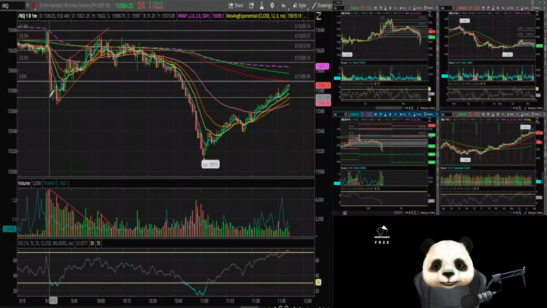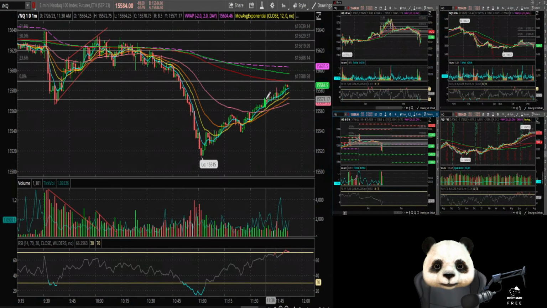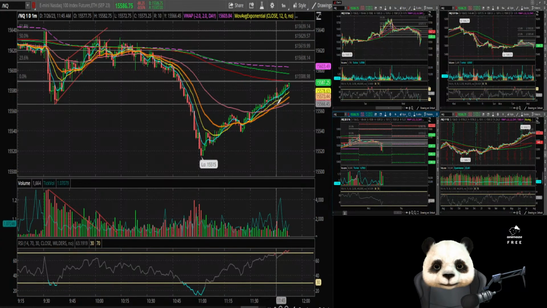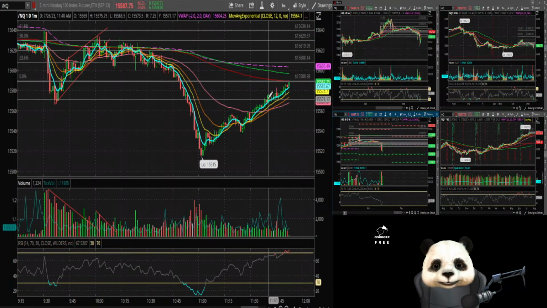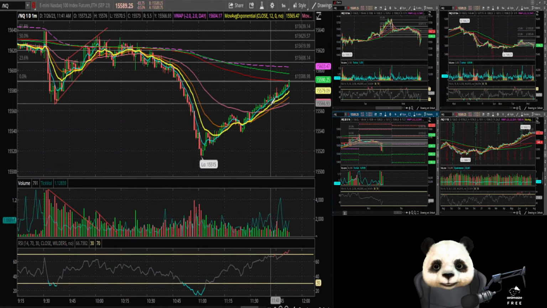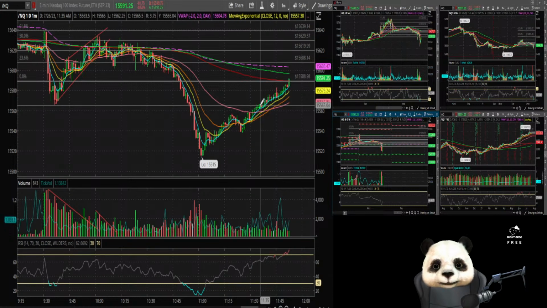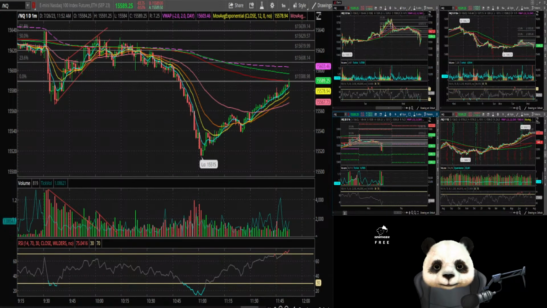But once we came around this area of this previous low, since I only had one contract and I was up about 25 points, I just didn't feel the need to be greedy. So I went ahead and took some profit right about here, I think. I saw some resistance, so I took profit here.